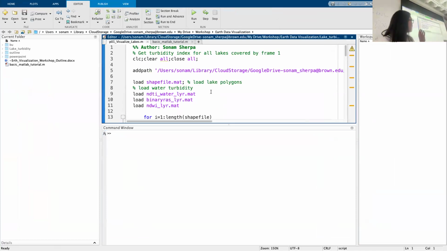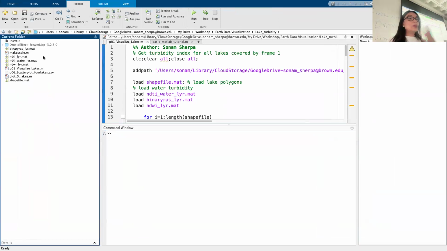Okay, so using that Sentinel-2 data for those 5 lakes, I want to see what is the turbidity index. I have already processed those data sets. So I'm just going to go inside my folder and load those data